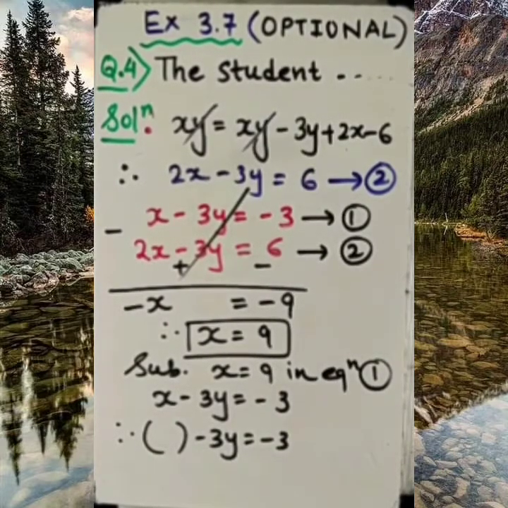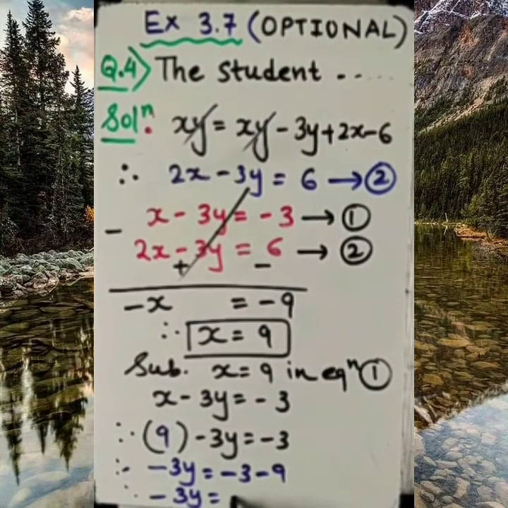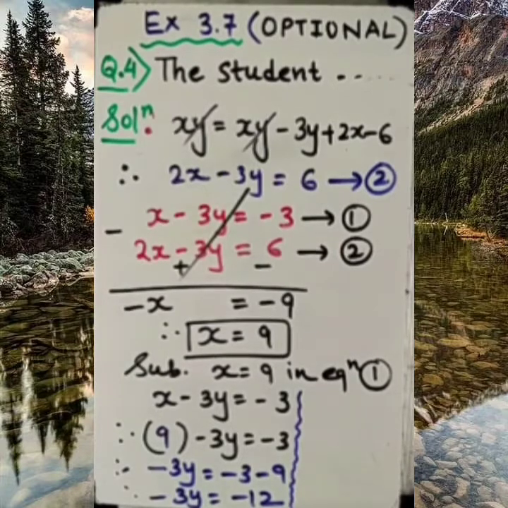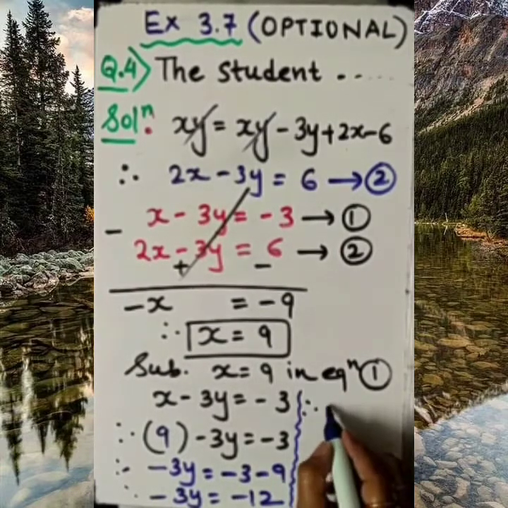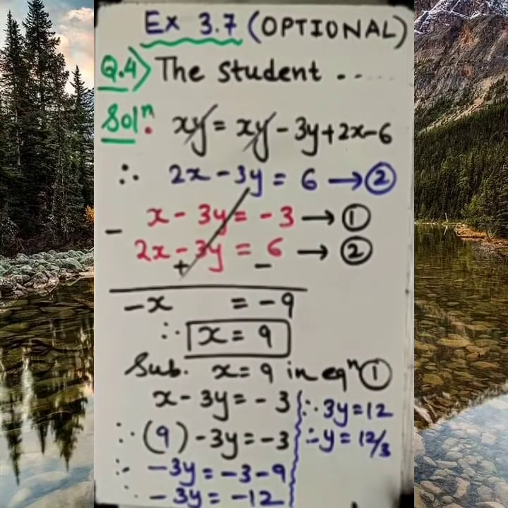Okay. So, if I put 9 here, then how to simplify? Next step will be, this minus 3y is already on this side, minus 3, and this 9 I am transposing to the right side. Minus 3 minus 9 gives the result minus 12. Fine. Minus 3y equal to minus 12. So minus minus will be cancelled. So 3y equal to 12. And of course y will be 12 divided by 3. Therefore the value of y we got is 4.